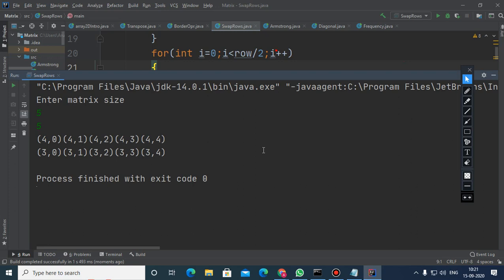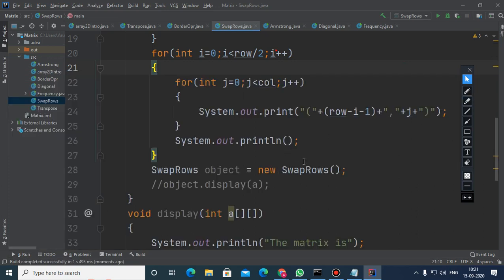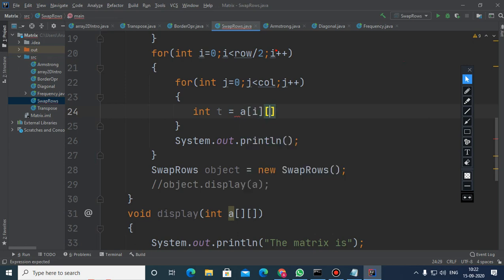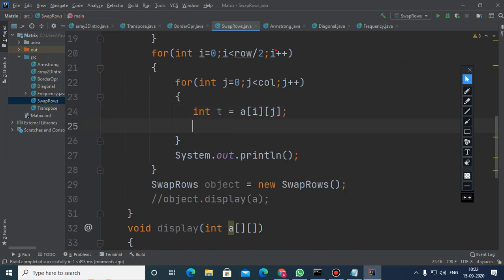See that, the index number of the last two rows on the screen. If you want to swap, what to do? You need to take one variable t, which is initially a of ij. And what is this a of ij? It is one of the elements of the first row when i was 0.